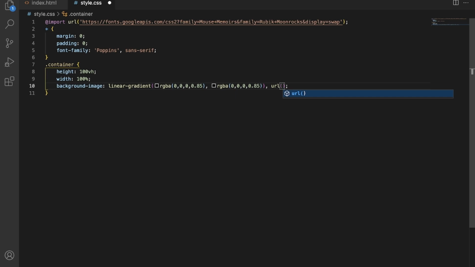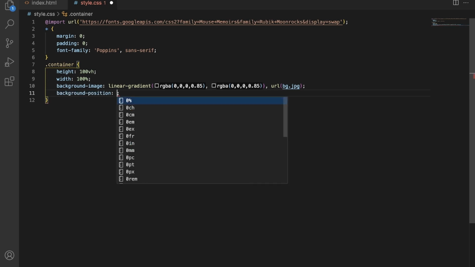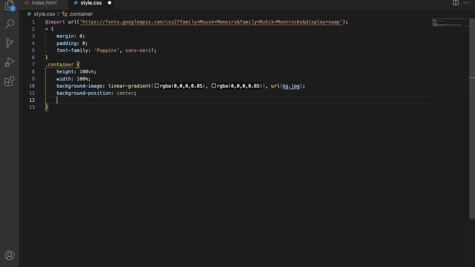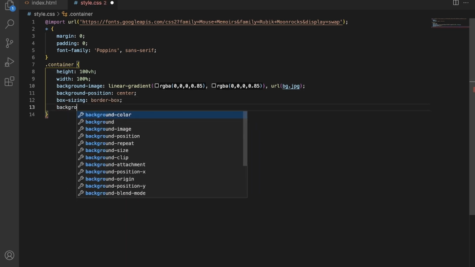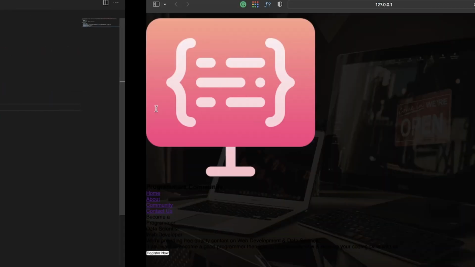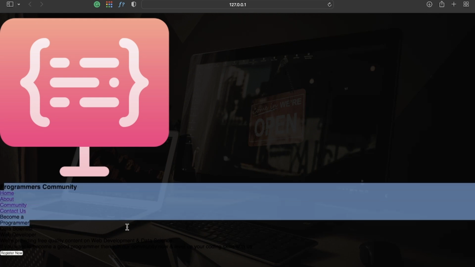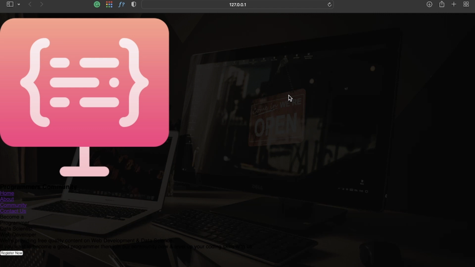My image name is bg.jpg, so here I will write bg.jpg. Let's write some more properties to set our background image. So here I will write background-position center, box-sizing border-box, and background-size cover. Let's check the output. Oh wow, it looks great, and our background image is successfully set.